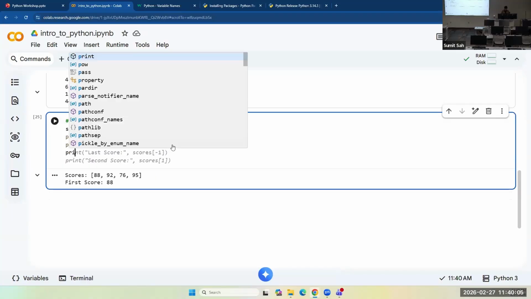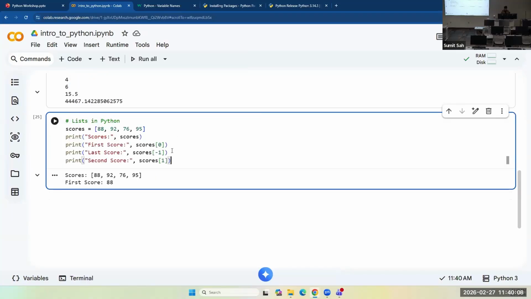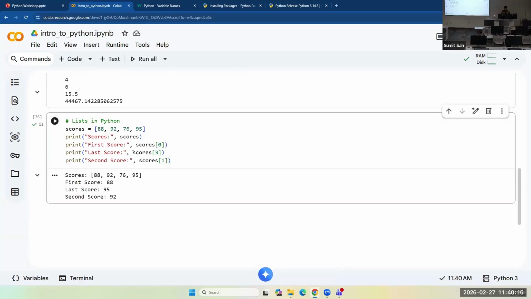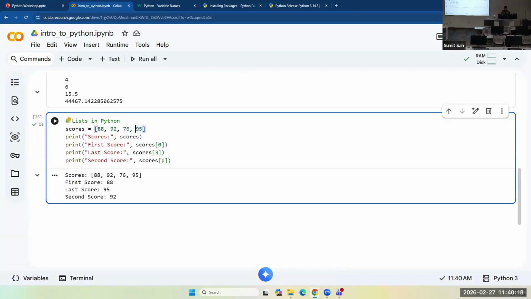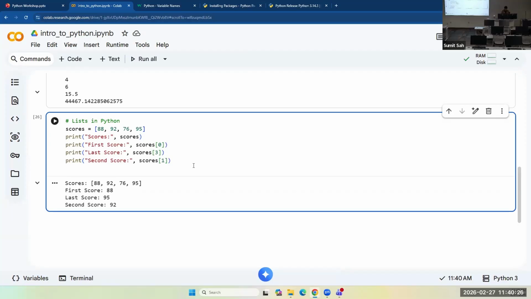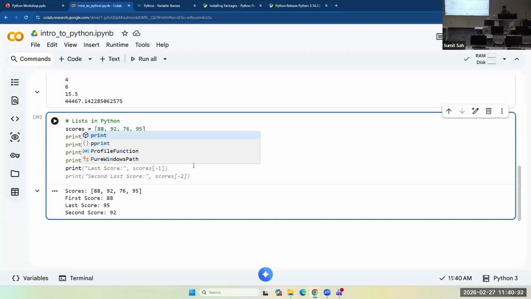Similarly, print the last one using 3, and the second one. So you printed out the last one, and then the second is 1. And there is also a special feature in Python: negative indexing.